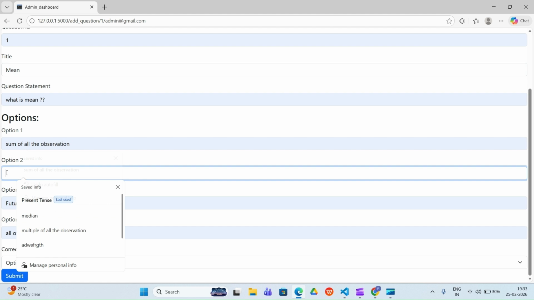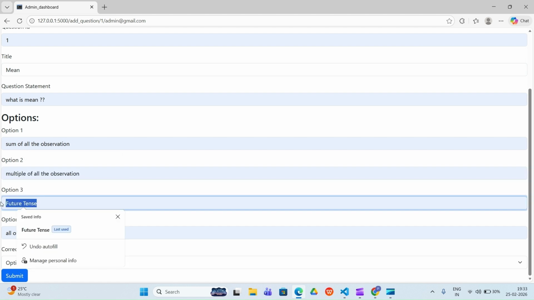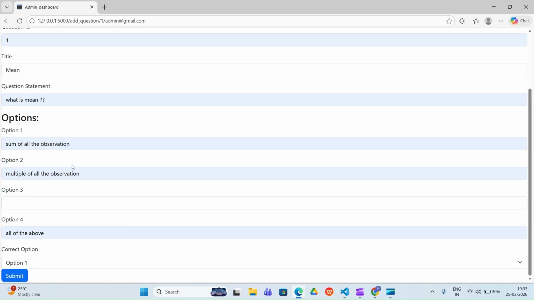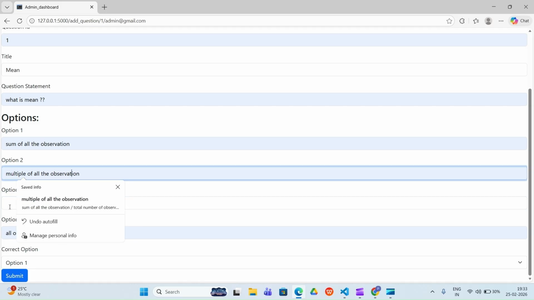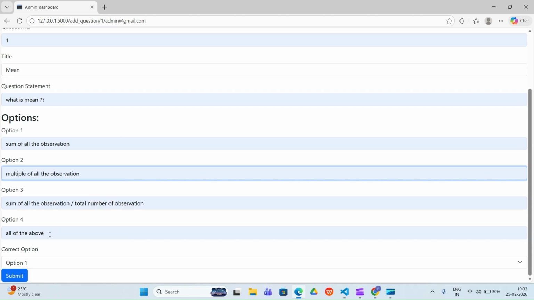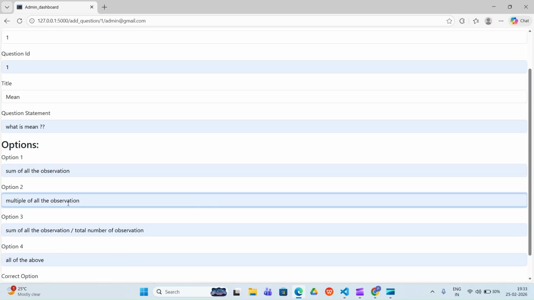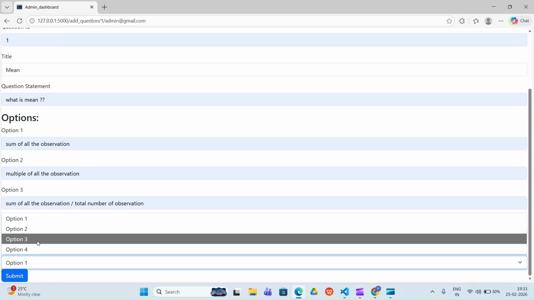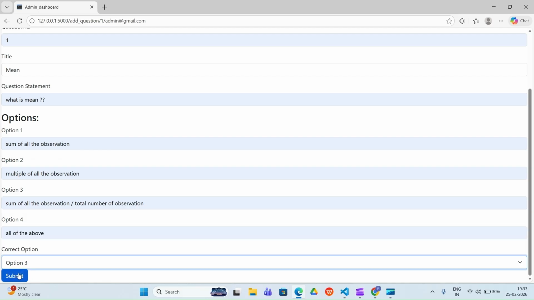So next will be multiple of all the observations, and then next you can give sum of all the observations divided by total number of observations. And then, what is the correct option for this? The correct option is the third one, so you can just select the third one and submit it.